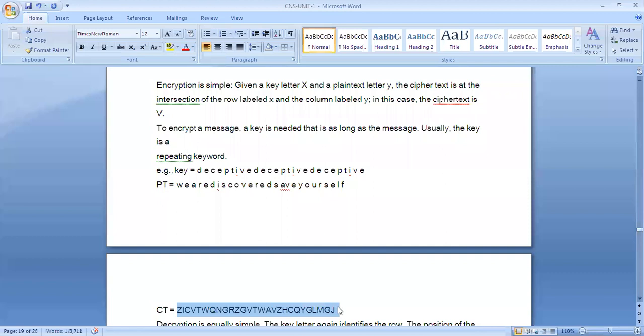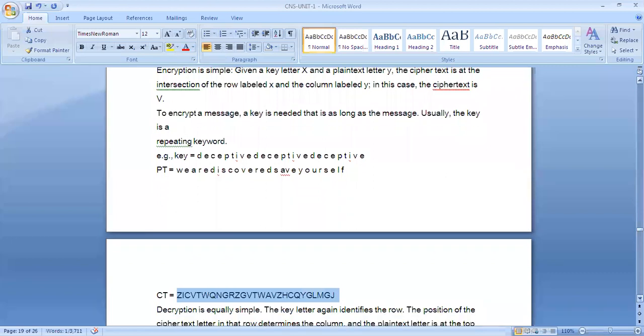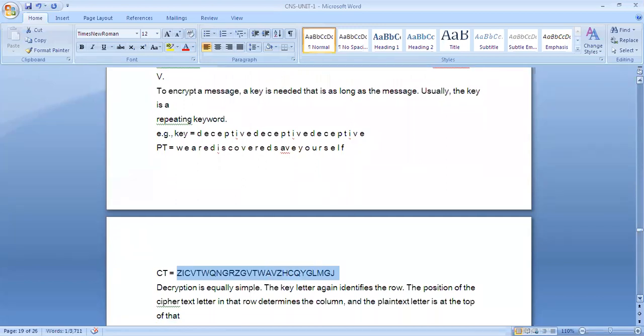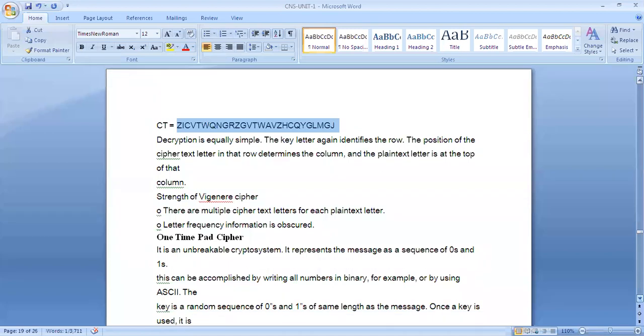In this type of technique, we replace letters with other characters or letters. That type of technique is the substitution technique. This is the Caesar cipher technique, Playfair cipher technique, or Vigenere cipher technique. These are all techniques where we mainly replace characters with other characters. So this was the Vigenere cipher technique.